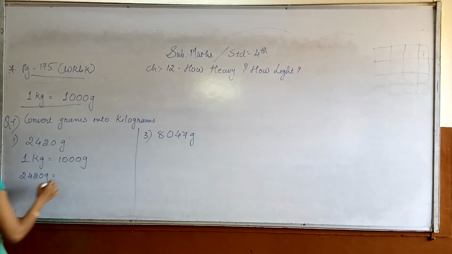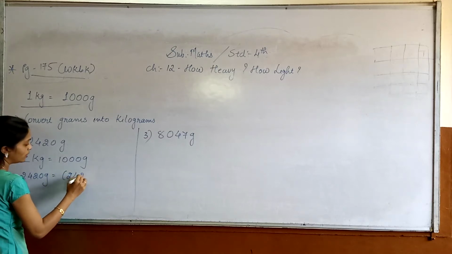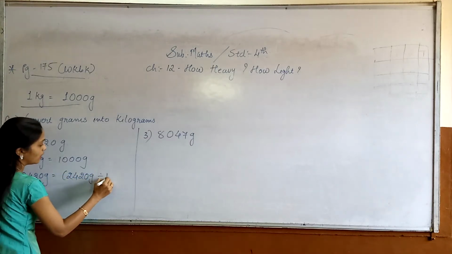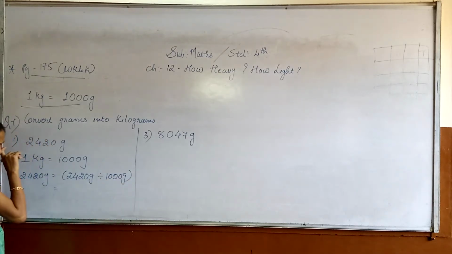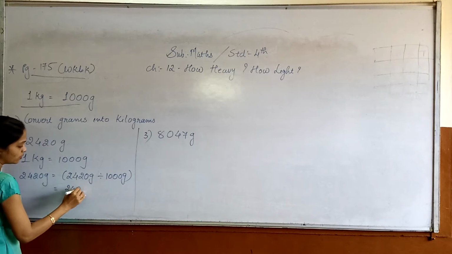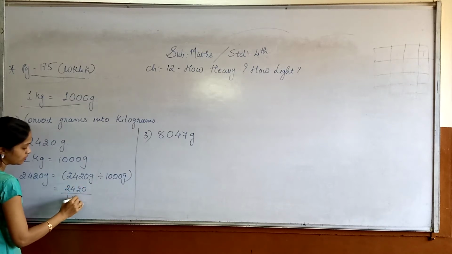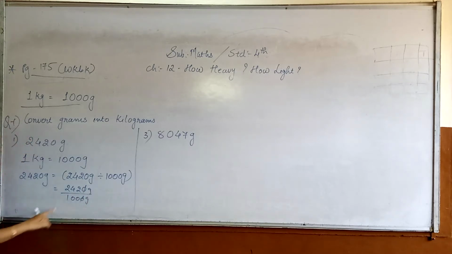So here we divide this 2420 grams divided by 1000 grams. So here क्या करेंगे, 2420 divided by 1000 grams. So here we got this 0 0. So we got 2